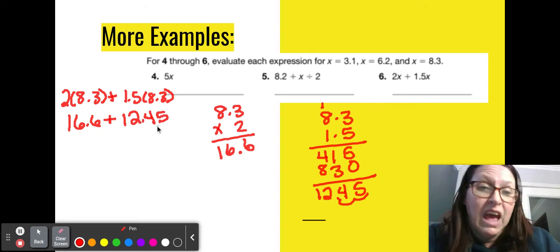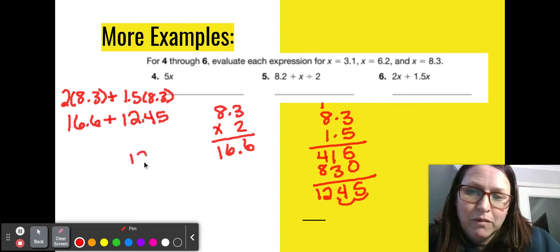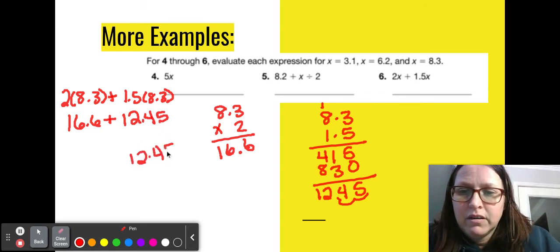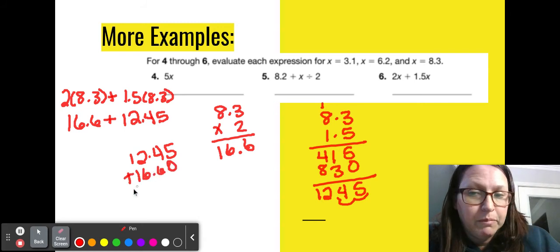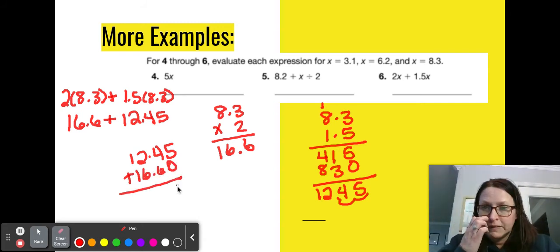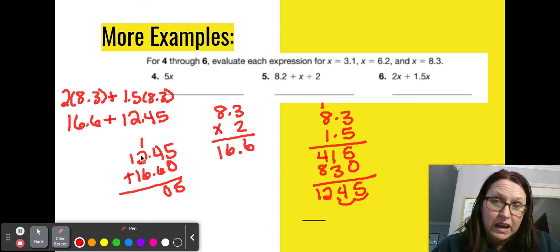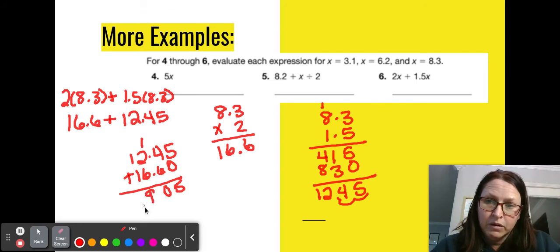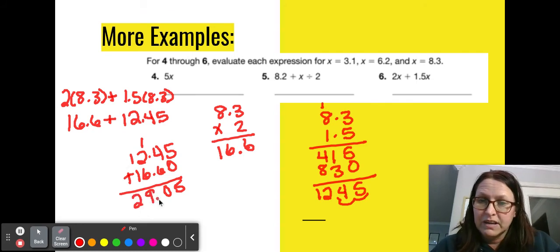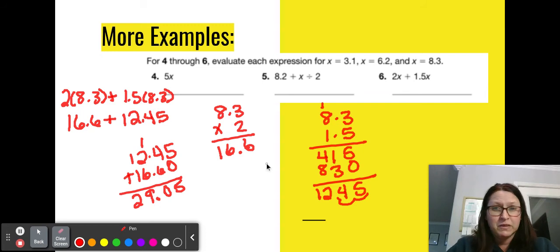12.45. Now I have to add that together. So 12.45 plus 16.6. I've got to put my placeholder. 5 plus 0 is 5. 6 plus 4 is 10. 6 plus 2 is 8, plus 1 is 9. 1 plus 1 is 2. Bring my decimal down, so my answer for number 6 would be